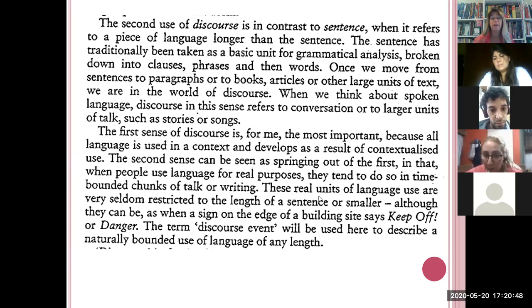Well, there you have other examples, right? For example, these real units of language use are very seldom restricted to the length of a sentence or smaller, although they can be. See, for example, a sign that says keep off. It's very short. It's not a long sentence, or just the word danger, right? So when we see keep off, danger,